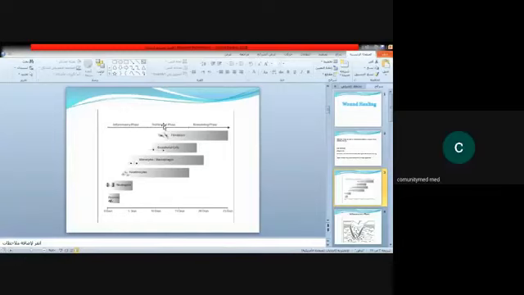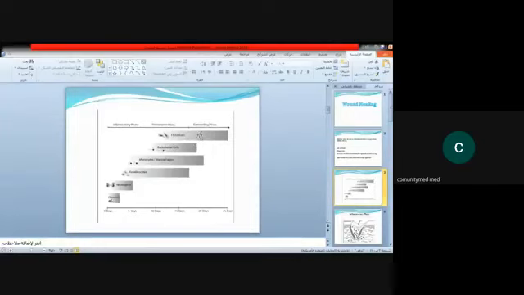Sorry. Okay, now we have three phases: the inflammatory phase, the proliferative phase, and the remodeling phase. And these phases are intermingled and overlapping; there is no special cut point between them. So we are not going to find each phase separated from the other. They are running all together in order to complete the process of wound healing.